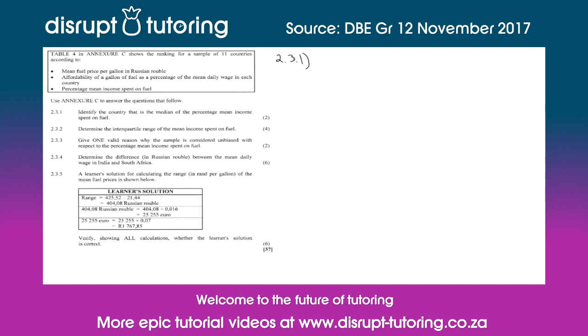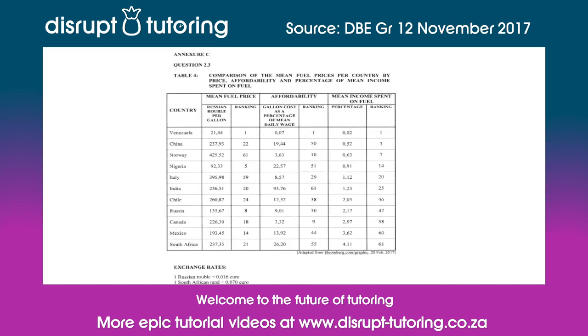So what this means is that they want us to find the median, which is, remember, the middlemost number in this data set. So of the mean income spent on fuel. So the middle number, so if this is the first and this is the second, the middle number, so there's a total of 1, 2, 3, 4, 5, 6, 7, 8, 9, 10, 11 data points. Sorry, the median is the total, so it'll be 11 divided by 2, which is going to give us 5.5,